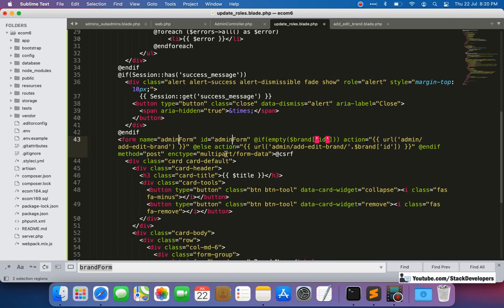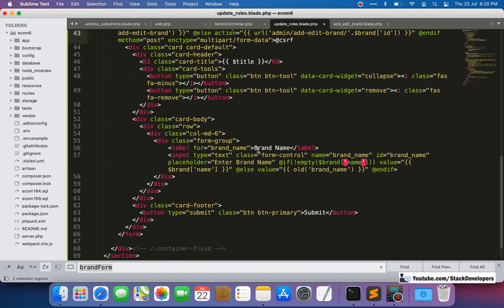Okay, so no issue. And inside that, instead of brand name, we are going to give here all the modules one by one that you want to give access to, like categories, products. Okay, you want to give the view, edit, and delete access.